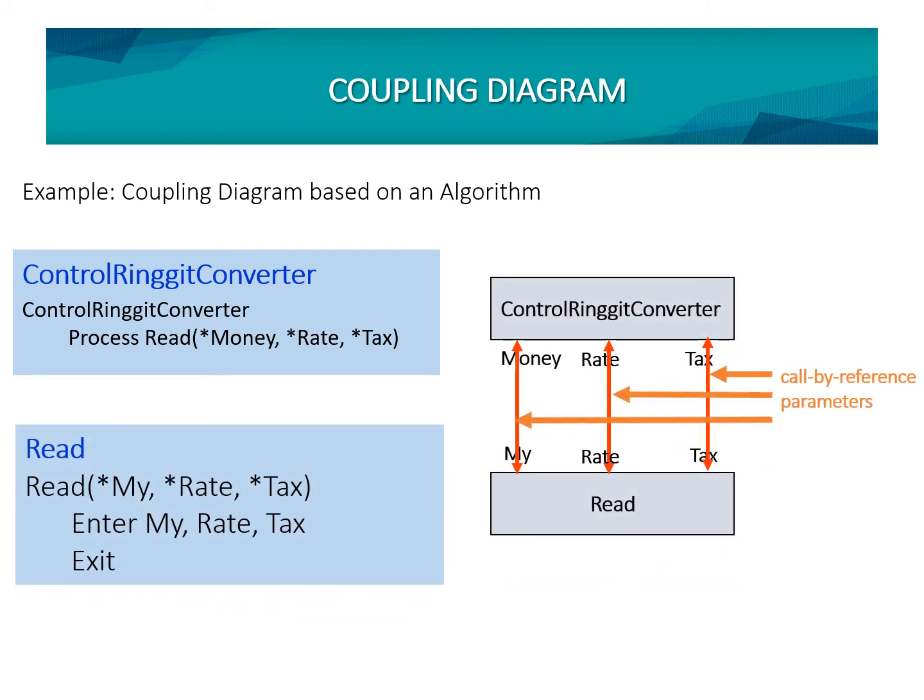For example, in this diagram, we have a control ringgit converter module and also a read module. So how is the interactivity between these two modules? Let's say we have an algorithm of process read in the control ringgit converter, which is the calling module,